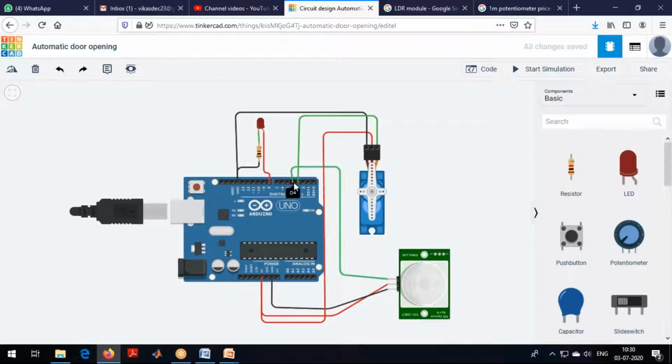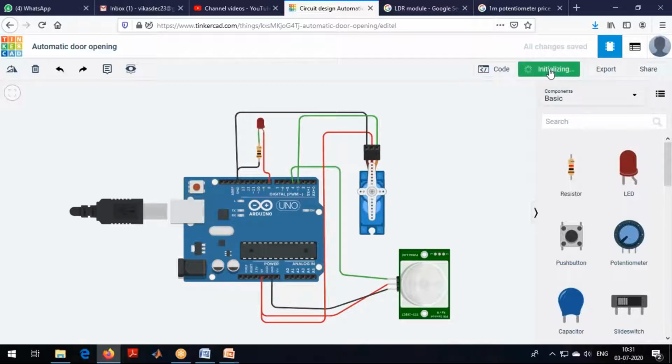Signal I am giving to the fourth pin, a digital pin, because the input generated by this one is in digital manner, 0 or 1. For the servo motor, this is ground, this is power, and this is the input given for the servo motor from this particular module. And this LED connection, you know, as it is.